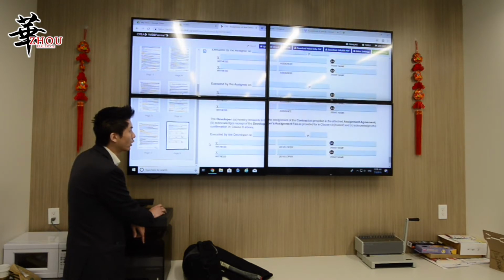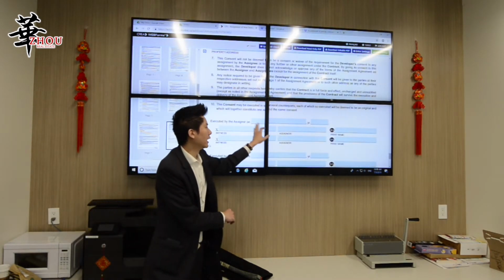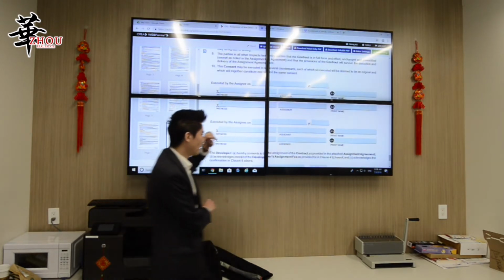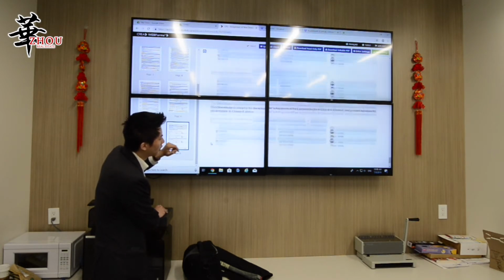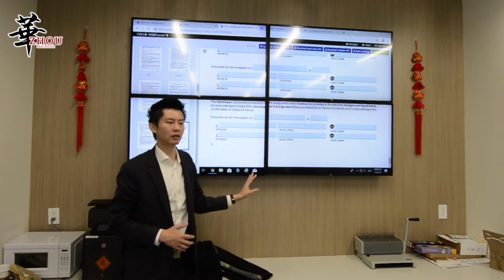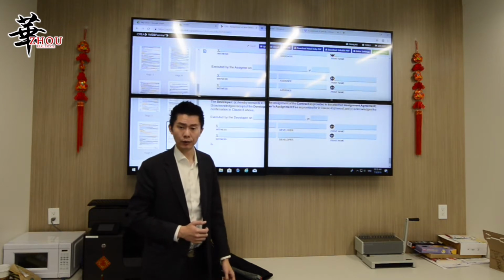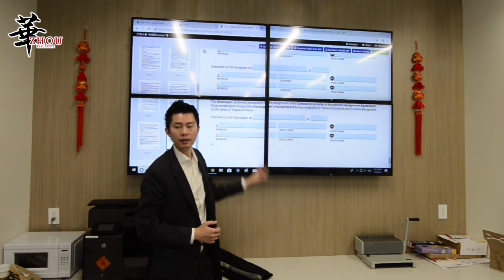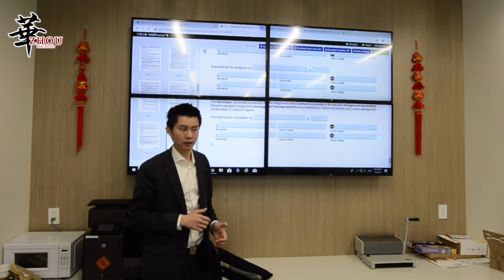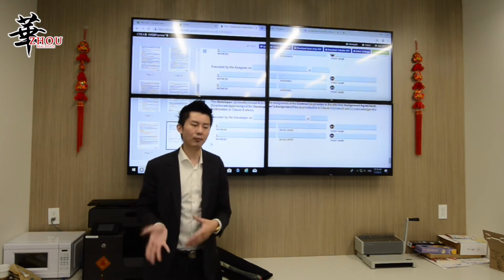Page 8 is where the assignee and the assignor sign. Assignor signs here, the date, assignor. Assignee signs here. And lastly, developer, they will sign here. For smaller developers, they will use your agreement for assignment. They will just sign this one and send it back to you. A lot of bigger developers, other than this contract, they will have a different contract, their own version of assignment contract. And you have to fill in that contract, get both parties to sign, and email back to the developer.